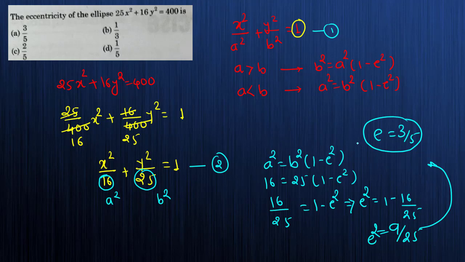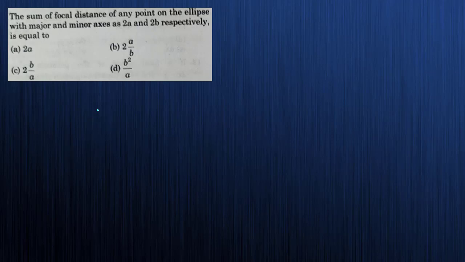So it's very simple what you have done. ये भाई समझाने के लिए इतना टाइम जाया. ठीक है, to solve, you just have to make sure that you have the equation of the ellipse in standard form. Once you get the a and b values, you can find any other parameter of this ellipse, like latus rectum, major axis, minor axis, focus. Those parameters we can easily find out once we get the a and b values. Okay, very good.